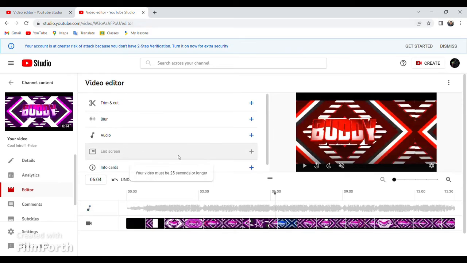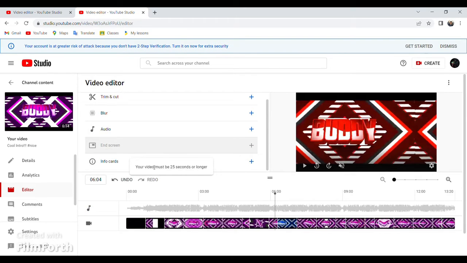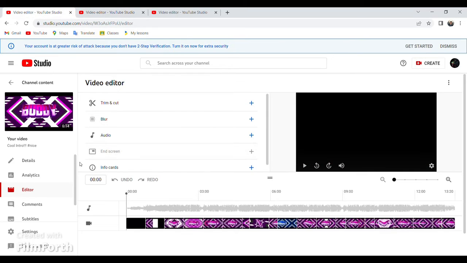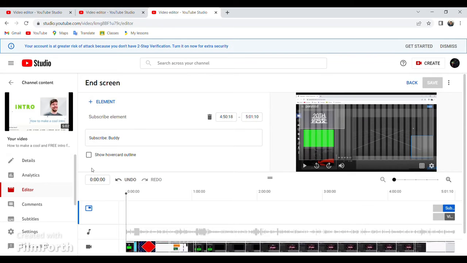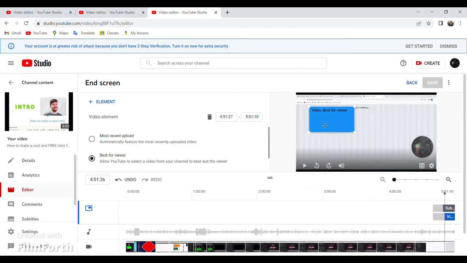After you found an audio that you like, the next thing would be add end screen. To add an end screen, the video must be 25 seconds or longer. How to use it? You just press this edit button, and here you can add to the end of the video. For example, you